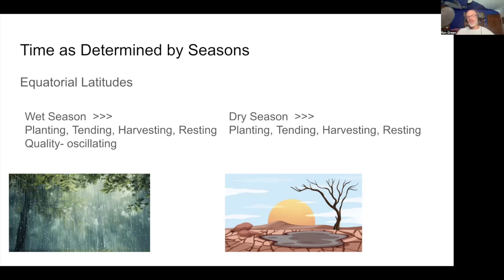It depends. The plant that you're planting depends on what time it is within the season, right? So the wet season being so long, sorghum, for example, you might plant just before the wet season. So you might plant it at the end of the dry season, moving into the wet season. Other crops you may harvest, plant, and tend multiple times through your wet season because the wet season is so long.